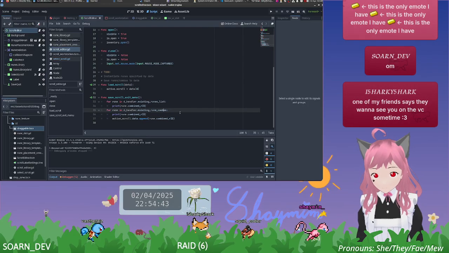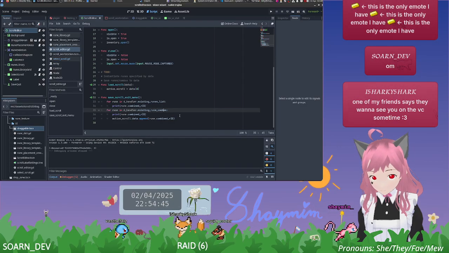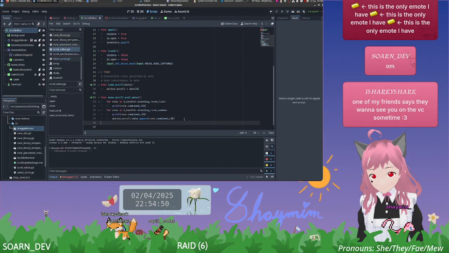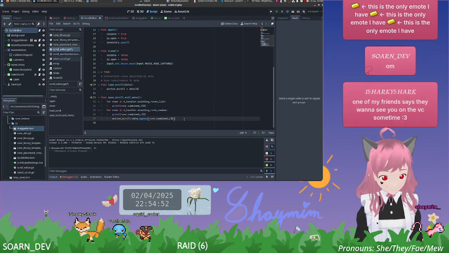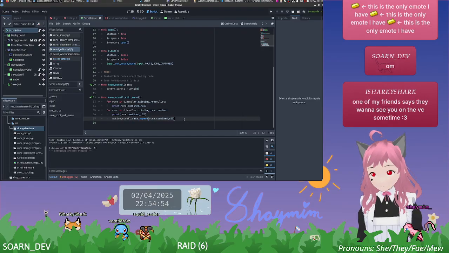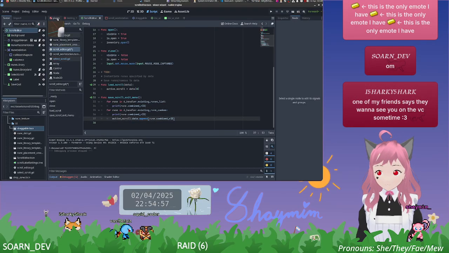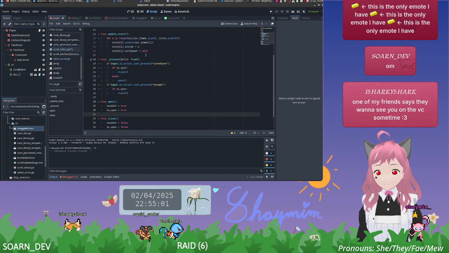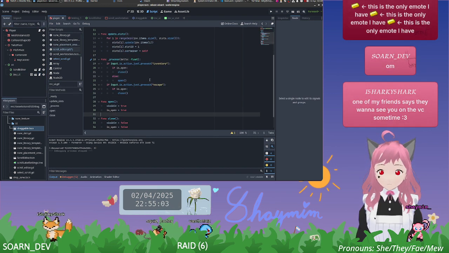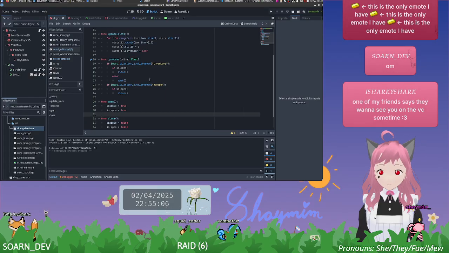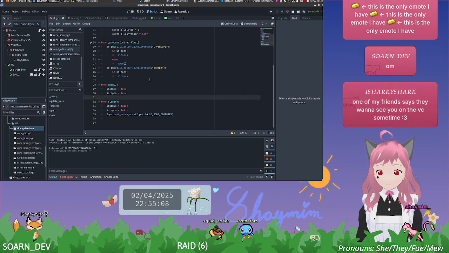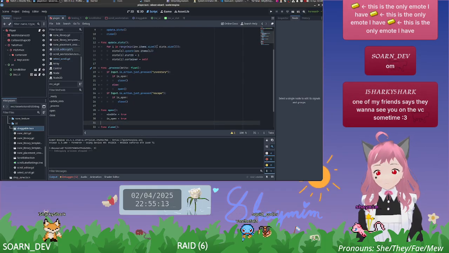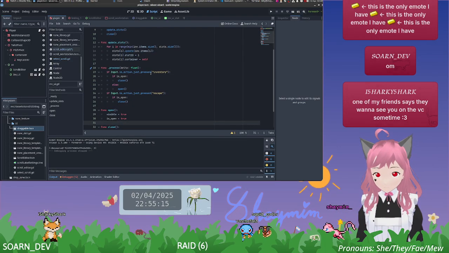Alright, same as is there. Then in the inventory, on update slots,